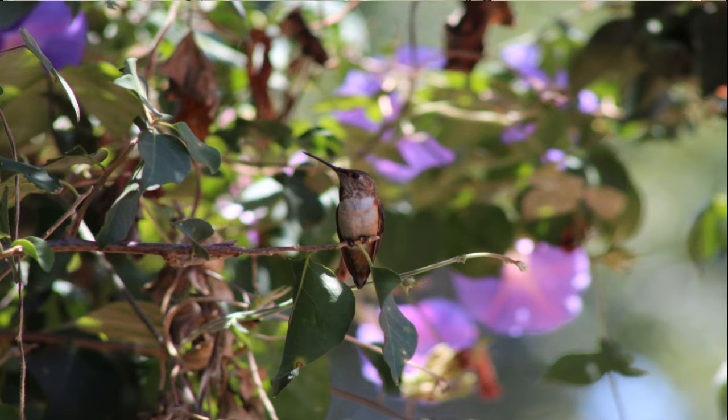Think winter time. So most all hummingbirds are migratory. Some species fly up to 4,000 miles a year back and forth between breeding and feeding grounds. And if there isn't enough food available for them, they can enter something called torpor, which is where they lower their state of awareness and they kind of get cozy. So you can kind of think of it as like a very low range hibernation. They don't actually hibernate, it is called torpor, it's something different, but they just slow down all the processes in their body to be able to go without food for a little while, especially because they need so much